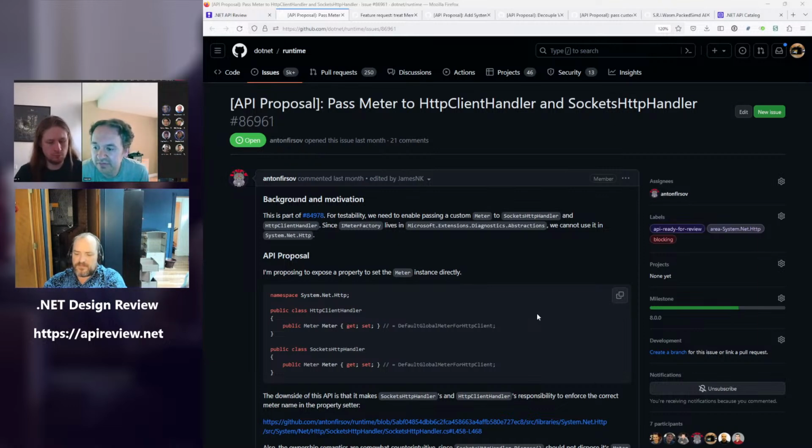Yeah, I understand. I'm trying to draw a line somewhere, because in the extreme, we're basically saying that literally every single component needs to take a meter, which is untenable. Right, that's where I was going with my questioning, exactly. Like the static one is basically, we can't tell people to just make a static one.